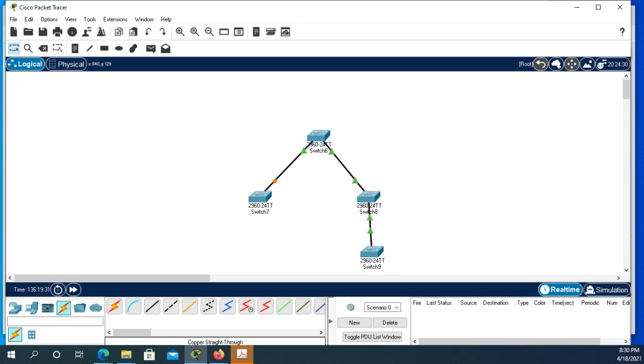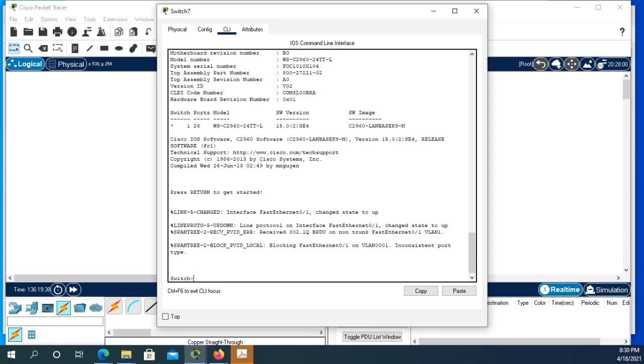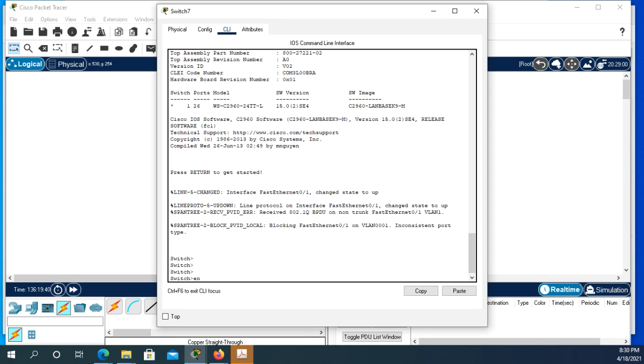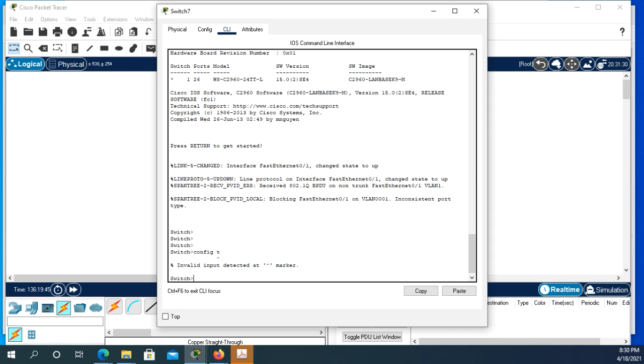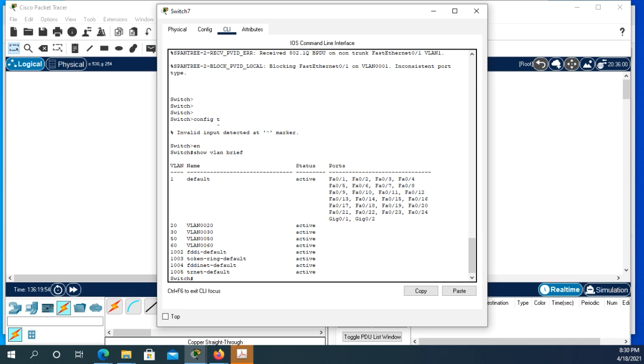So let's jump into the configuration right now. Let me just verify something first, just to make sure. Oh, we still have those VLANs in there. Okay, so let me just go ahead and